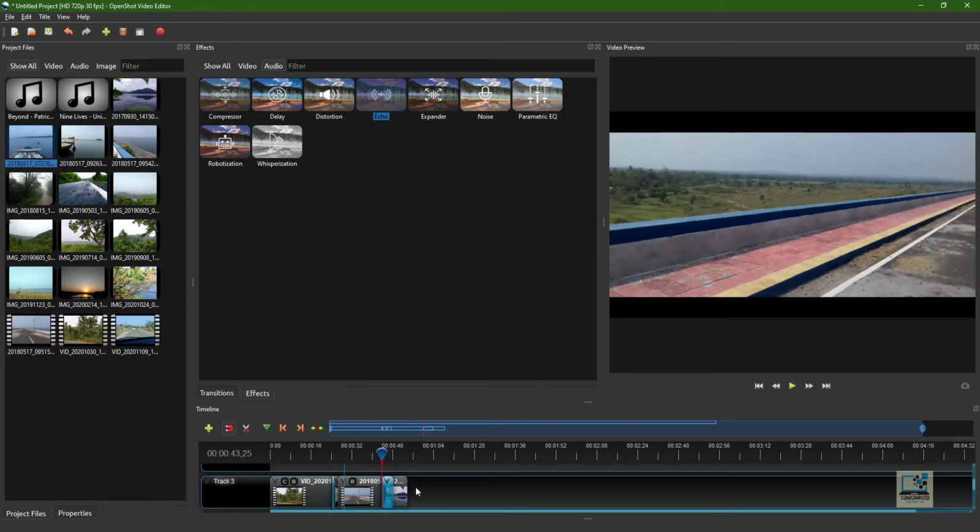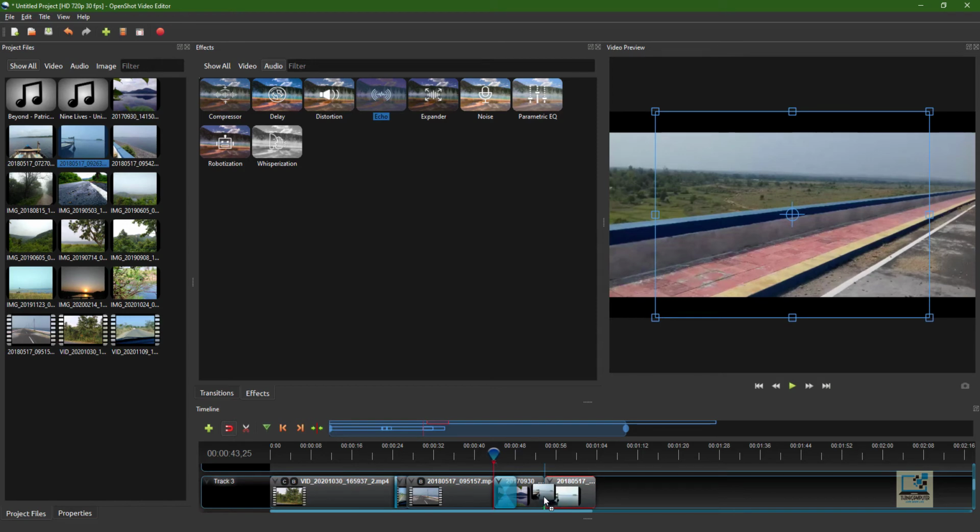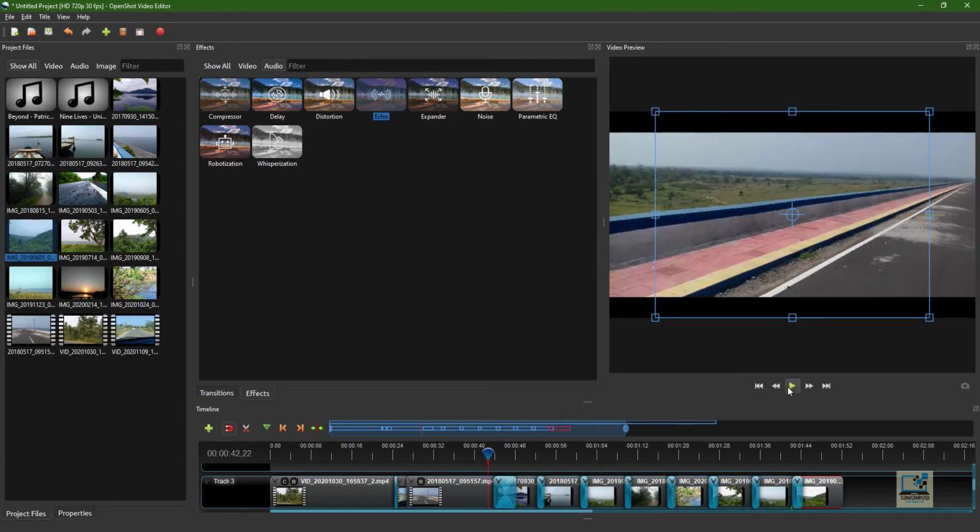So before that I will be expanding the project timeline. I'll just do the drag and drop here, in all the image files like this. Now when you are inserting the images, remember to insert them in the proper sequence in which you want to display them. That sequence has to be set by you, the ordering has to be set by you, because you are the producer, you are the editor when you are doing the video editing, so you have to decide. Okay, I have set it in this order. When I play,